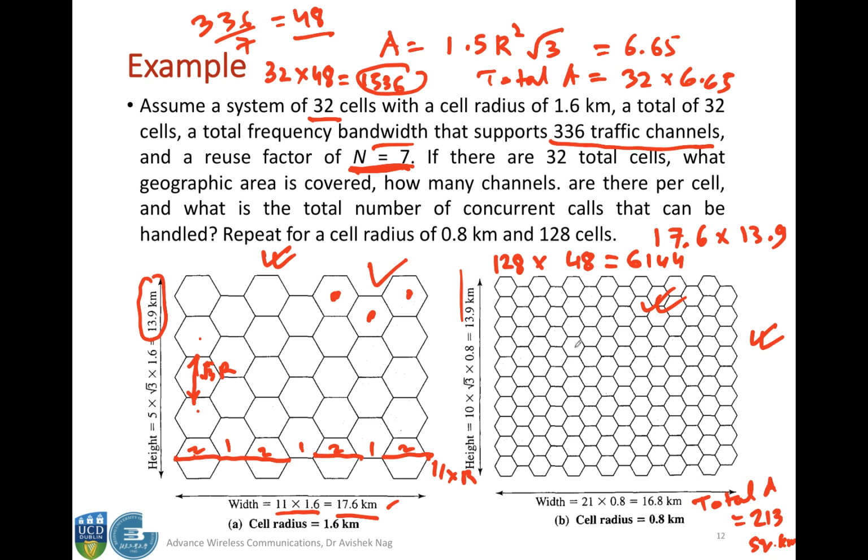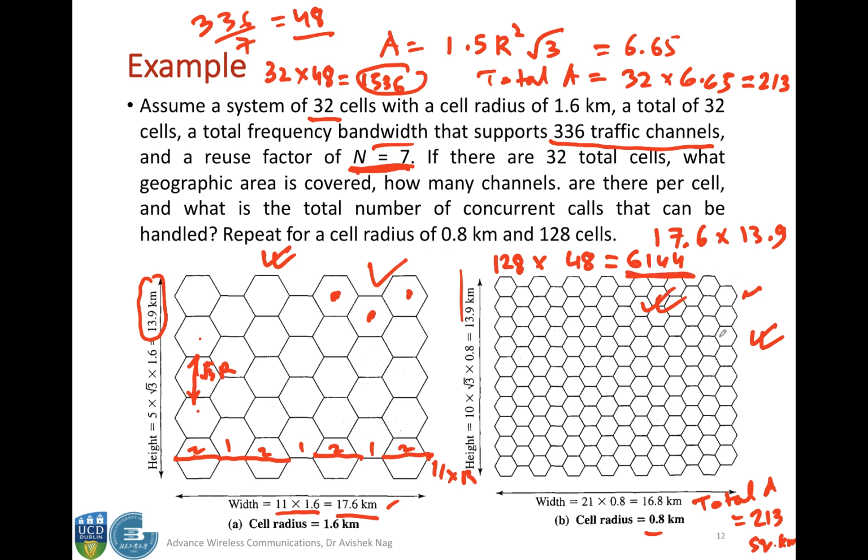And the total area in this case was also 213, by the way, so almost the same area, 213 square kilometer, but you are applying two different layouts or two different design methodologies. So you are having in this case 32 cells of radius 1.6 kilometer each. Here you have 128 cells of radius 0.8 kilometer, but with this plan your total capacity is getting enhanced,